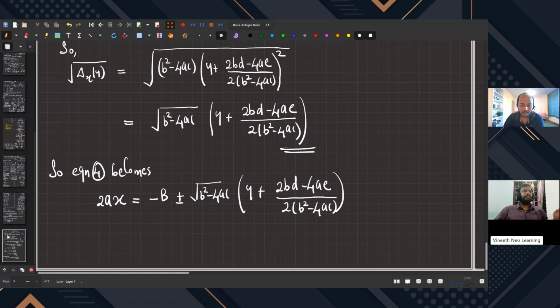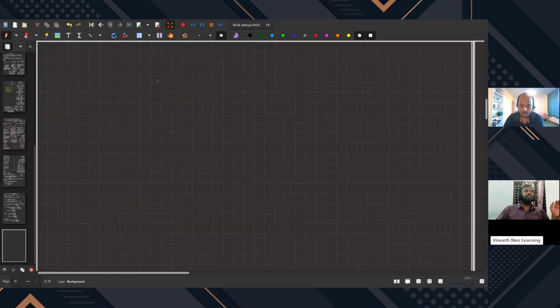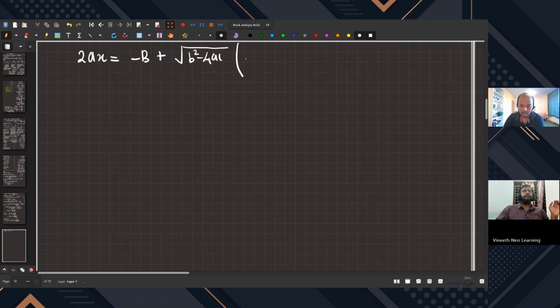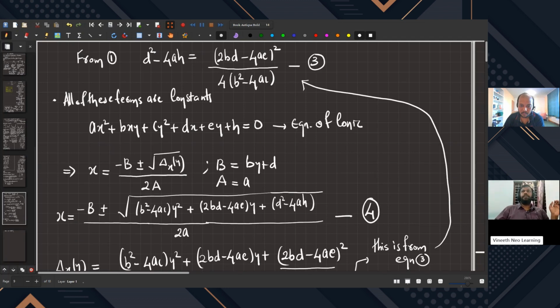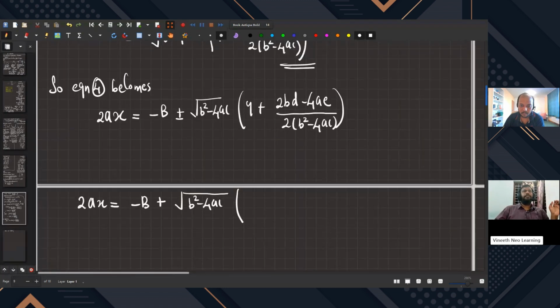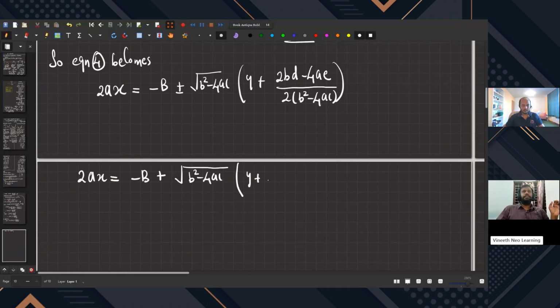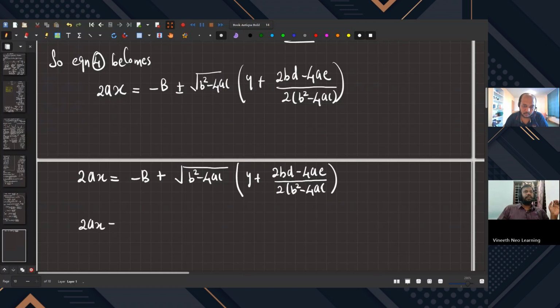So we will write down those two equations. 2ax equals minus b plus the square root of b squared minus 4ac times y plus 2bd minus 4ae over 2 times b squared minus 4ac, and 2ax equals minus b minus the square root of